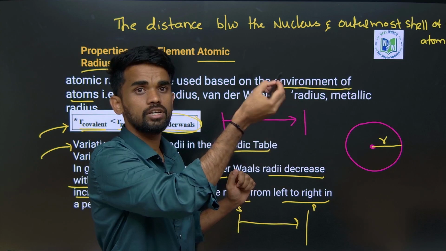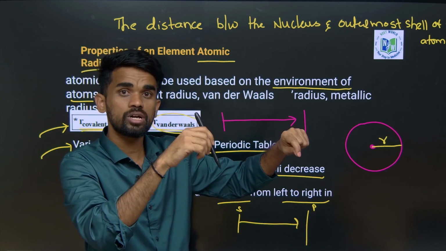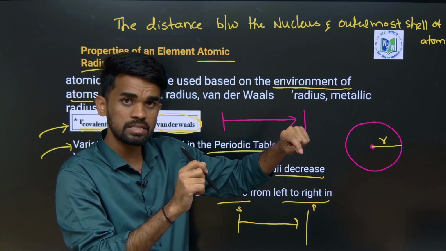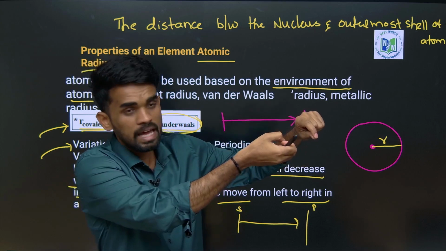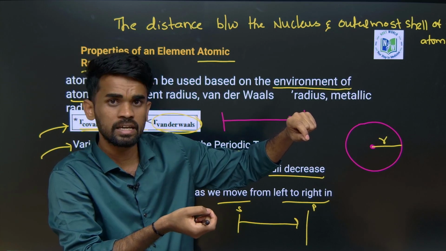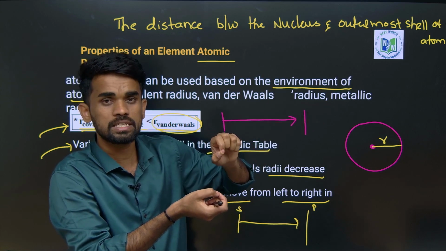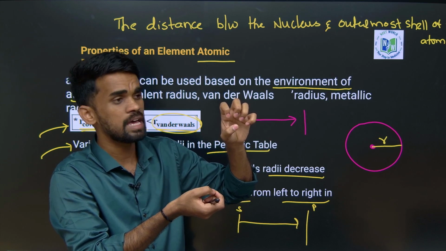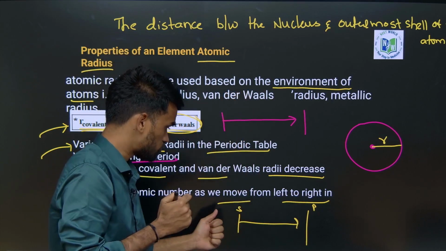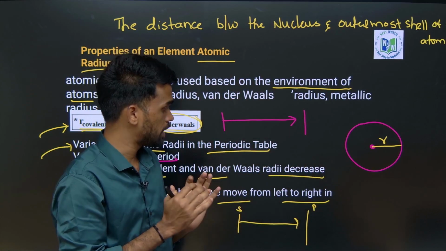When the electron enters into the same orbital, atomic number is increasing, which means the number of protons in the nucleus increases. The increased number of protons will strongly attract the electrons towards itself. Therefore the effective nuclear charge increases, and the size decreases because the electrons are pulled strongly towards the nucleus. So moving from lithium to neon, the size decreases. I hope it is clear.